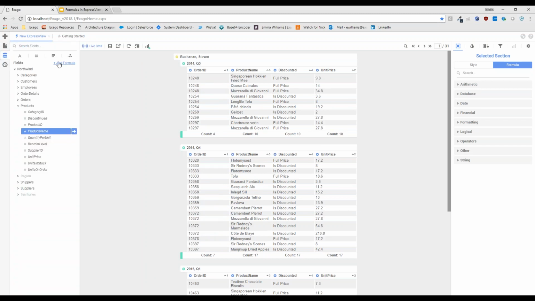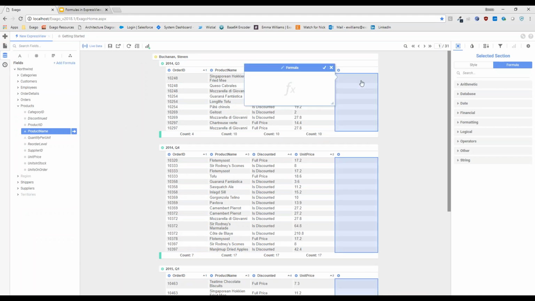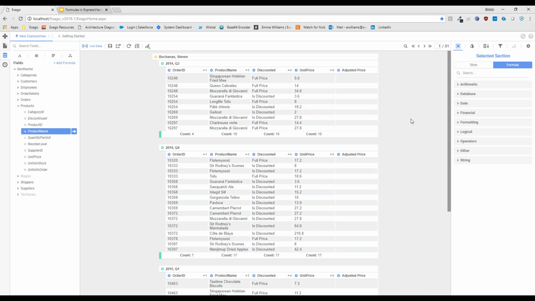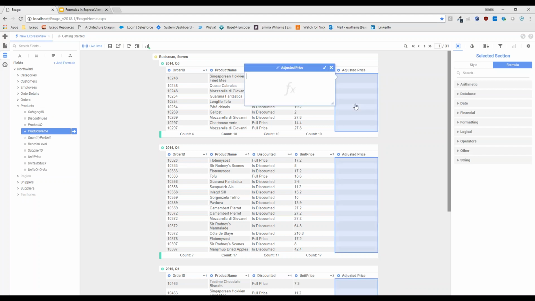What I'm going to do here is start from scratch. So as opposed to writing a formula based on a field already on my canvas, I'm going to use my Add Formula button. This is the other way that we can manipulate this. And you'll see that the only difference is that it starts with an empty column. We're going to start with a blank canvas here. I'm going to name it first. We'll call this adjusted price, right? Now I can add my formula, and let's build this out together.